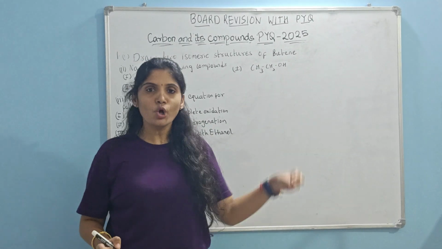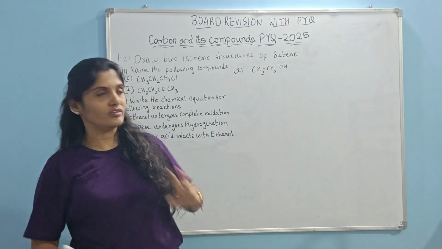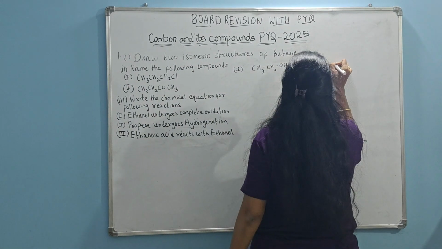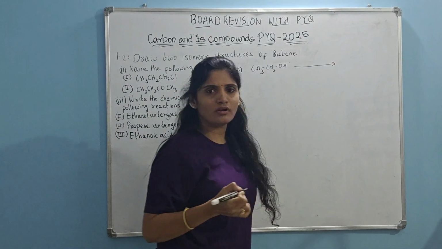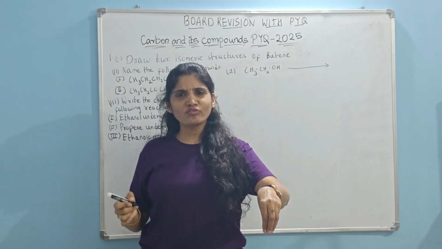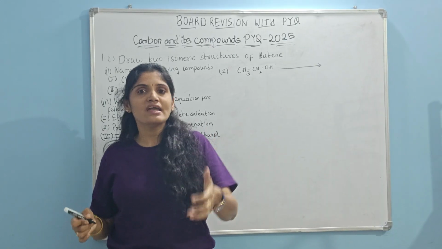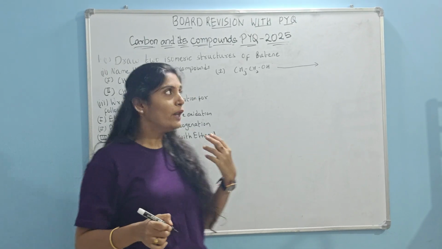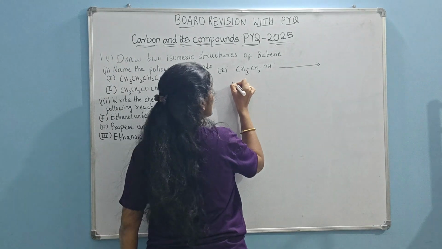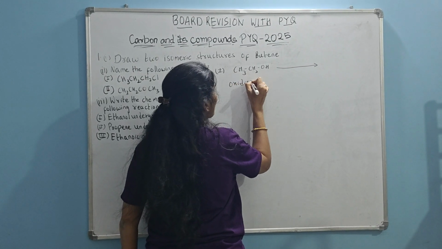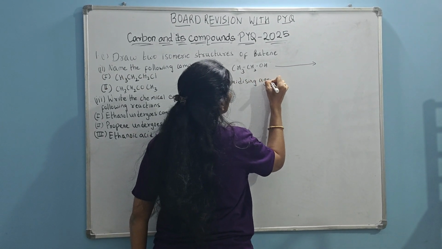What is oxidation? Oxidation is addition of oxygen. Now let me do oxidation here. So I need to add oxygen. Now when I want to add oxygen, I need an oxidizing agent, a compound or a reagent which will supply me oxygen. Now let us see what are the 2 oxidizing agents I am using here who play an active role in giving oxygen to ethanol.